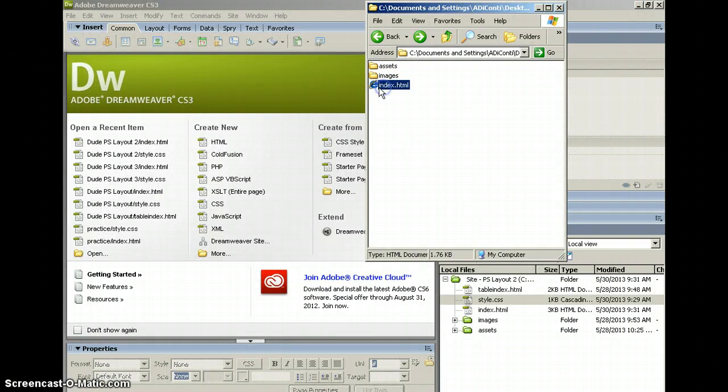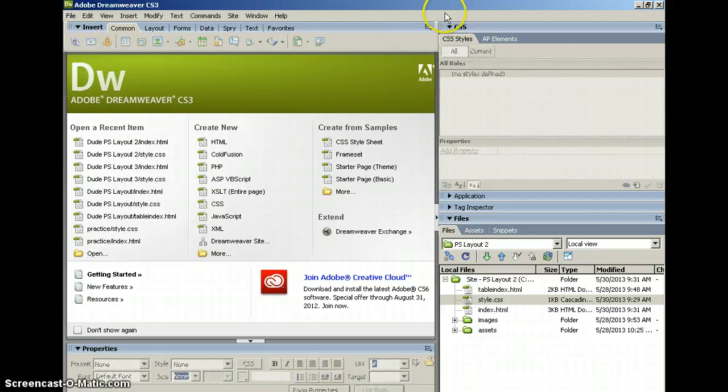Now, inside this folder, I'm going to rename this table index, and that's just so we can save another file called index. Since we're not going to use that, that's why I'm doing that. But it's good to have it as a backup. Okay, so I'm going to go ahead and close this up,